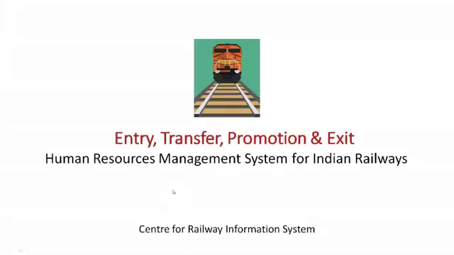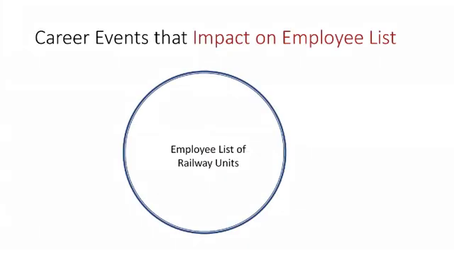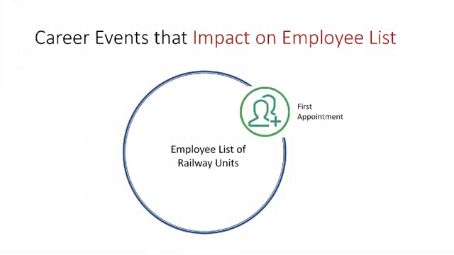So we will start with orders, for different types of orders. We'll talk of how they are to be issued, how they are to be treated as an event, and then what will be the trigger for transferring the data. So coming to the orders, these are the four types of career events which we are capturing. Number one would be first appointment. Do remember that we are not capturing the offer of appointment here. We start from the place where we give our employee his first place of posting. The order where you mention his first place of posting.